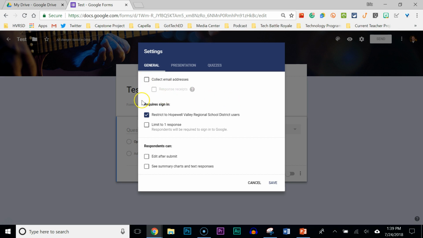First, in our general settings, which is what we'll go over in this video, we have the ability to collect email addresses without making that a question. Because they're in the HVRSD platform, we can easily have everyone's HVRSD emails collected as they fill this out. We can also limit this to one response by clicking this box,